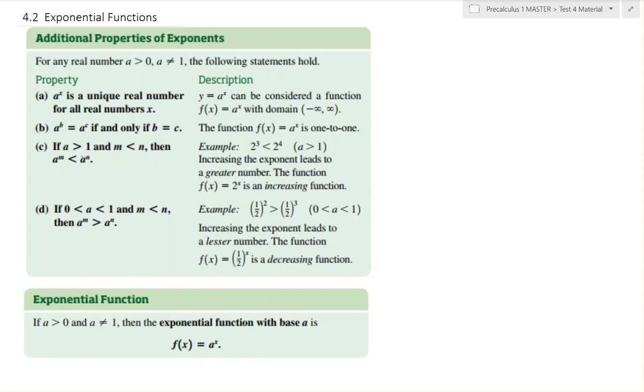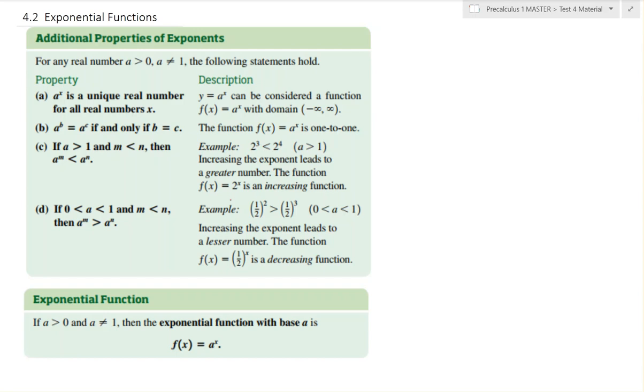If a is greater than 1 and m is less than n, then a to the m is less than a to the n. For example, 2 to the third is less than 2 to the fourth. Increasing the exponent leads to a greater number, and the function f of x equals 2 to the x is